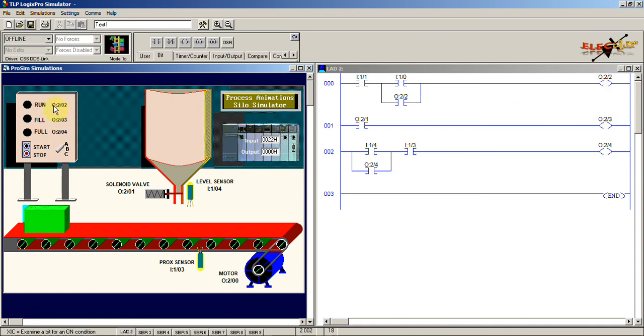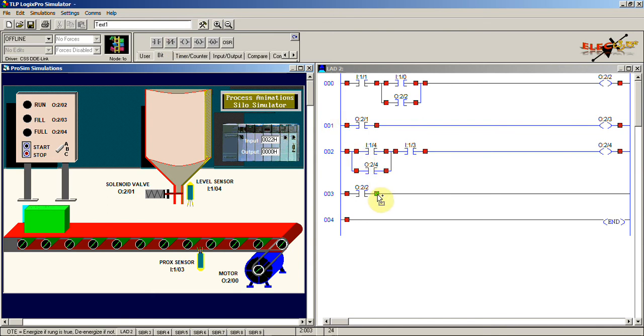So in that case I'll take this address as an examine if open instruction, and then in series with this we have one more, this photosensor. When this sensor is on, at that time this motor has to stop. So for that, in series, an examine if open instruction is used, so that the output motor will be turned off. So this will be the motor address.